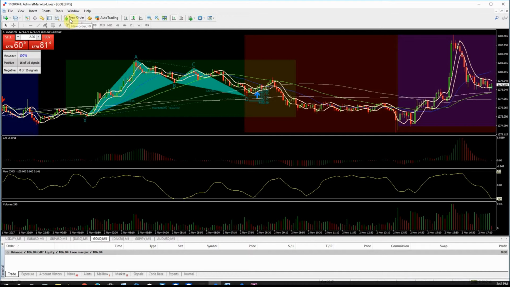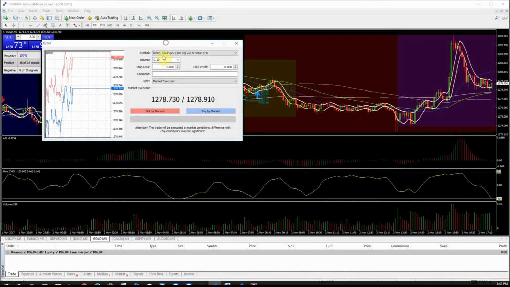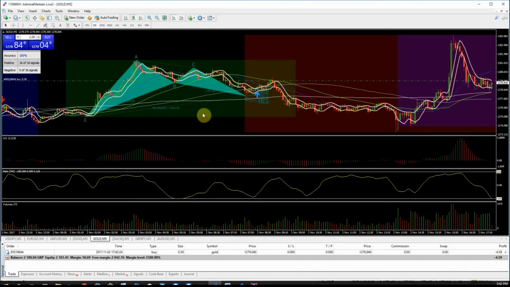and I'm just waiting now to hit it. I'm going to hit it. So new order in here, and I'm going to buy 0.25. It doesn't allow me 0.3. It allows me. Okay, we're in. Okay, so we're in at 0.3 of a lot on this gold trade,